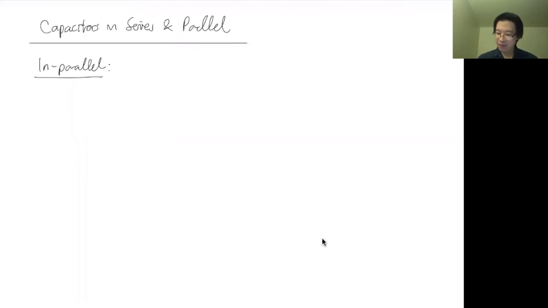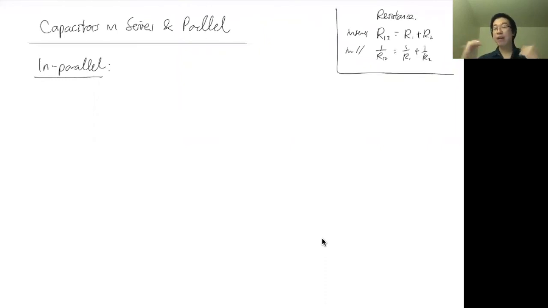Okay, so just to remind you, for resistance, to find the resistance of two things in series, you add them. In parallel, you add the reciprocals, and that will give you the reciprocal of the equivalent resistance. But for capacitance, it is exactly the opposite. Okay, so I'll give you the answer right away. In series, if you put them in series, this is what happens. This is the right way, and in parallel, it's the other way. So it's just adding them up.